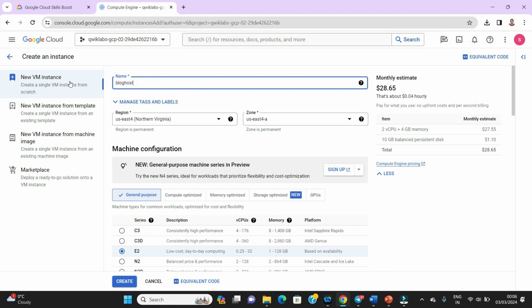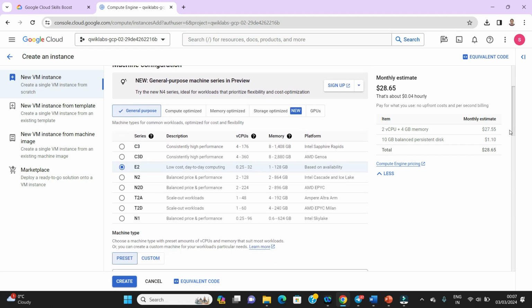This is the name which I have chosen, and then I'm going to select the region and zone. I have chosen the North Virginia region, keeping it default, and I have chosen zone 4A. Most of the things we are keeping default here, because we already know how to create a virtual machine.